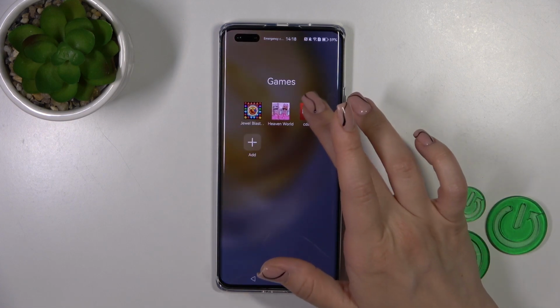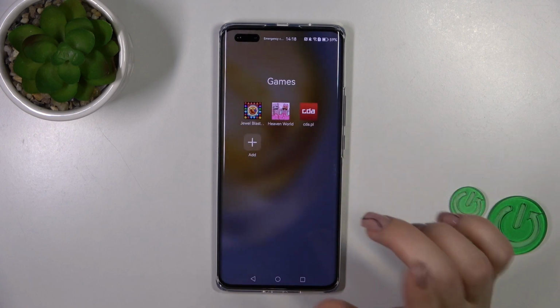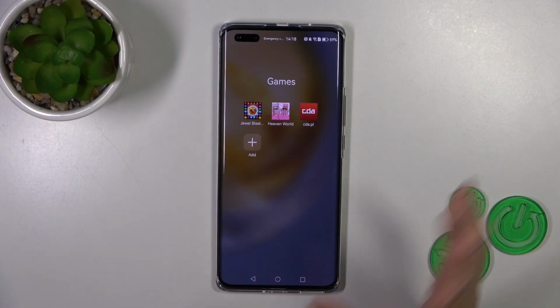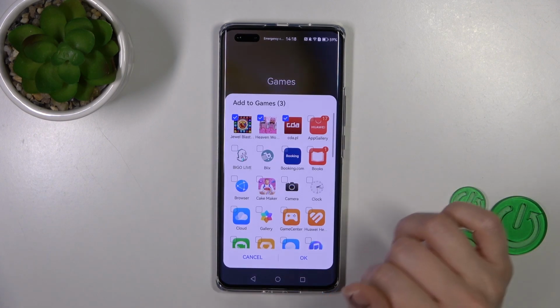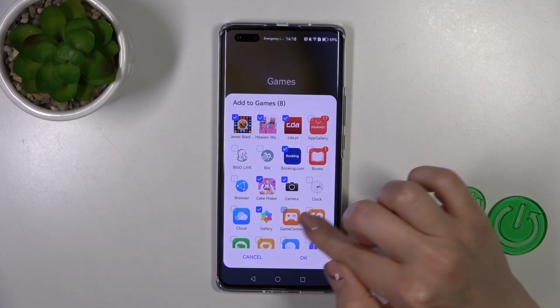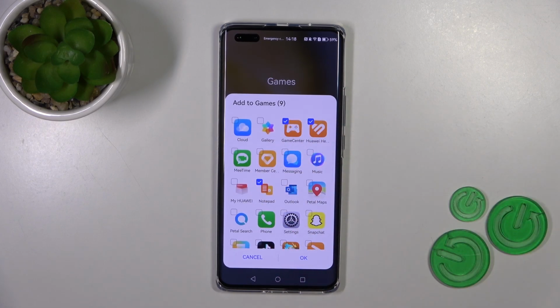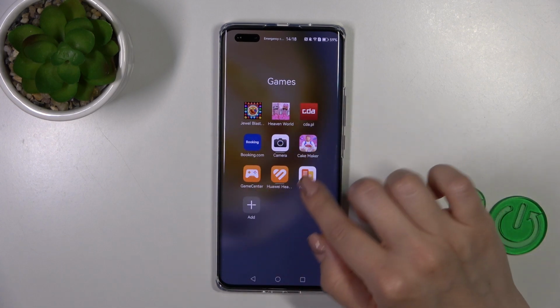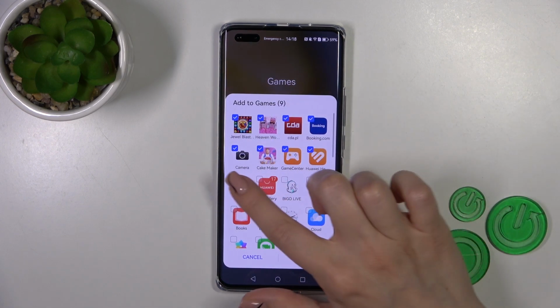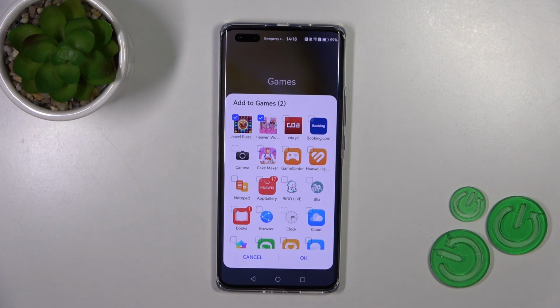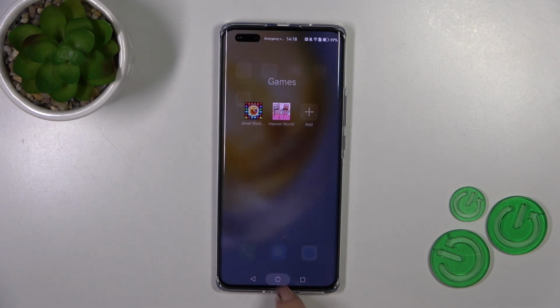So to remove an application from the folder, also you could add more applications here in just one click. Click this plus icon, select the applications which you want to add to your folder, tap OK, and that's it. To remove them the same way, you could unselect the applications from here, tap OK, and